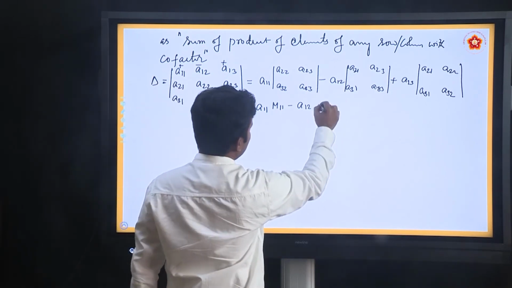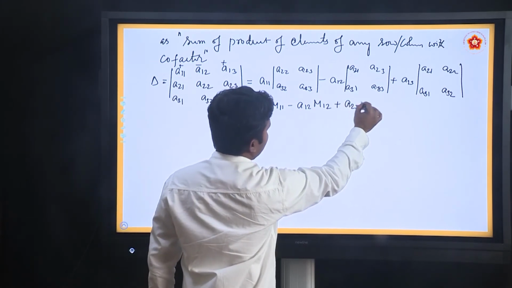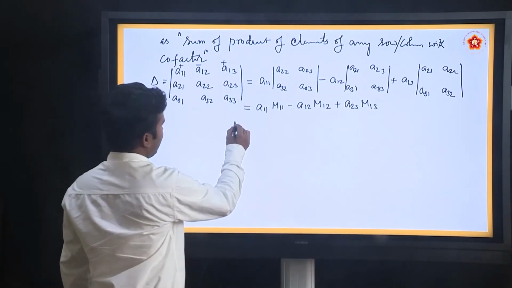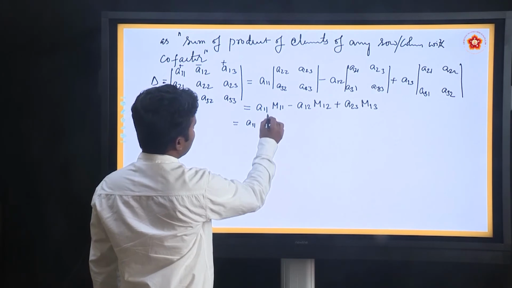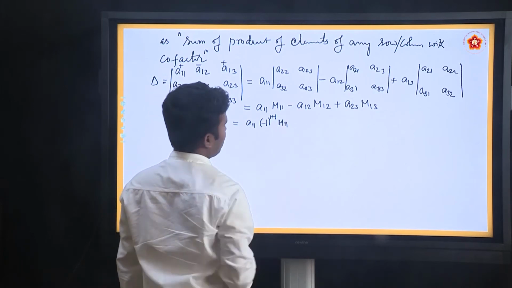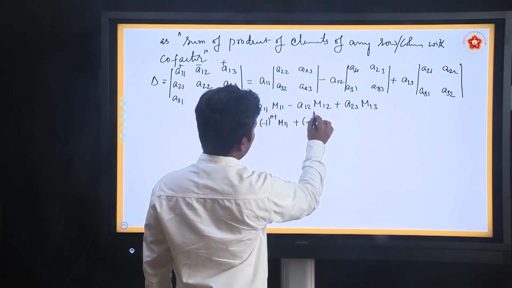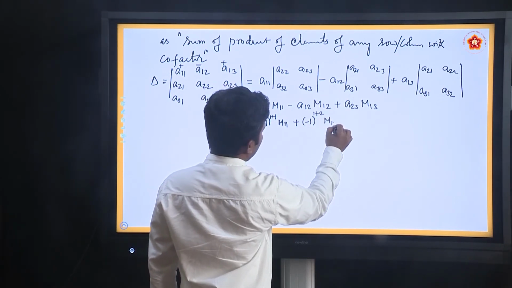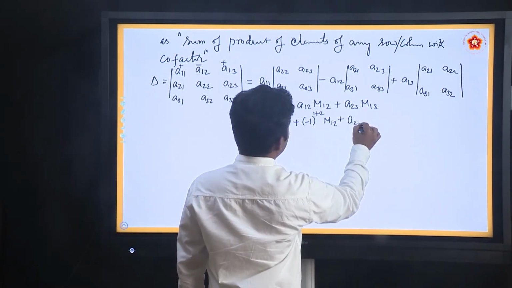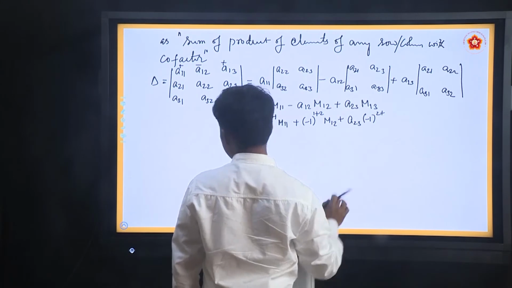So I can denote that as M12. Similarly for another one, that is A13 C13, into M13, understand. Now this I can write down as A11, I can write minus 1 to the power 1 plus 1 into M11, plus this minus 1 can be written as minus 1 to the power 1 plus 2 into M12, plus this can be written as A13 into minus 1 to the power 1 plus 3